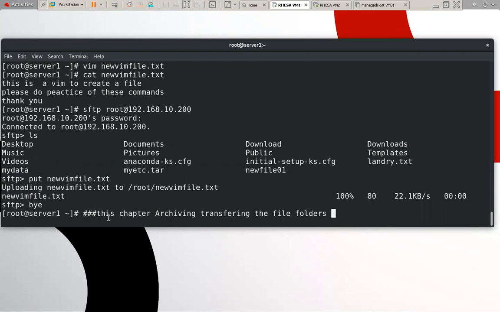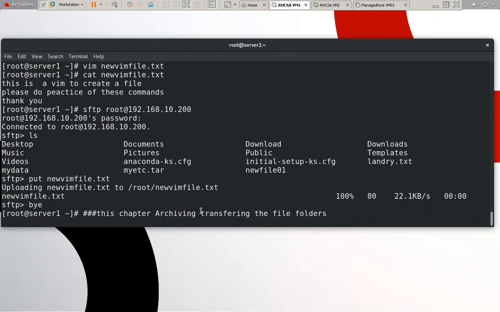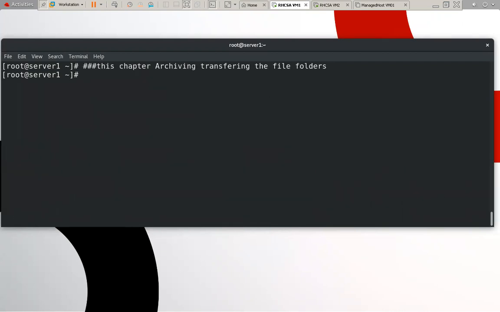So this is the chapter name. We can use the functionality of archiving and the functionality of transferring. In archiving, we can use compression functionality. In transferring, we can use SCP, rsync, SFTP. So a lot of functionality is used in this chapter.